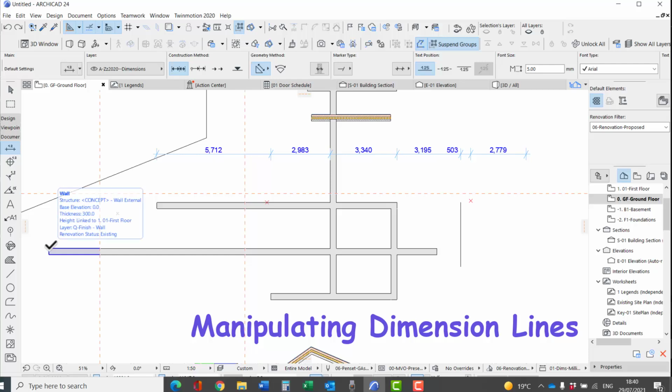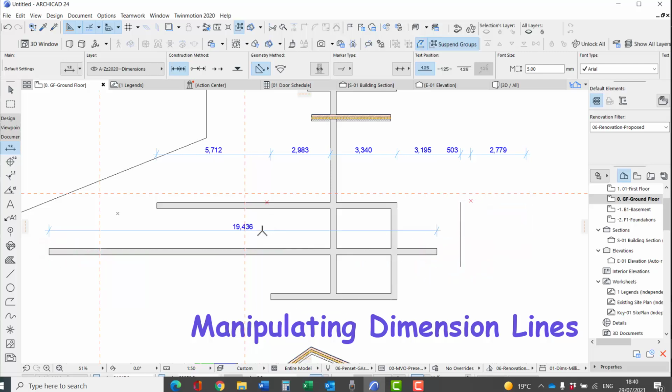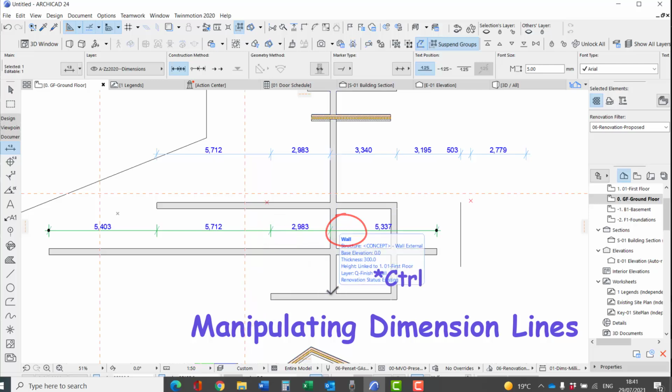I'm placing a single dimension line from this edge to this edge. I will add further points to it by selecting the dimension line, control, adding points that are required, adding points